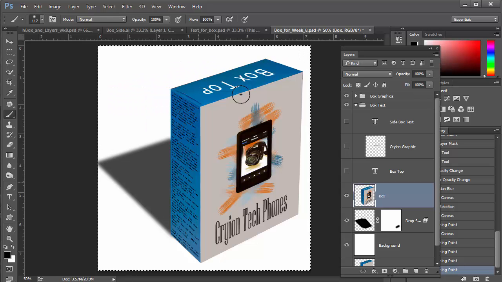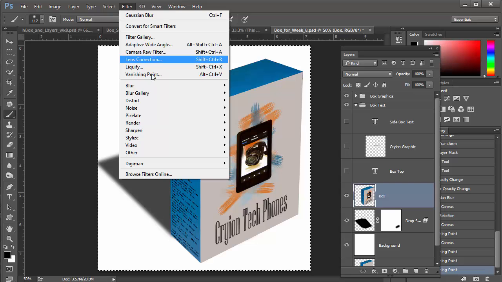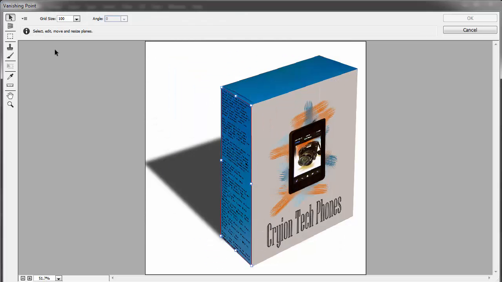I'm going to do that box top one more time because I really don't like the way that looks right now. So I'm going to do a Control Z, and I've already got it copied into the clipboard, and I'm already on the box, so all I have to do is go back to Filter, Vanishing Point, and I'm going to hit Delete, and I'm going to make that mesh again. It's not that painful to do this. All right, Control V,